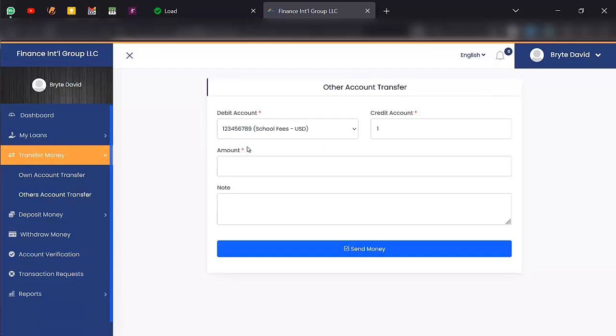Okay, so now we're going to select the debit account, that's this account. We're going to put in the account number we want to send the money to right there, and then let's say we want to send 4,000. Okay, let's say 4,000. And the notes, well, let's say for food, and we're going to click on